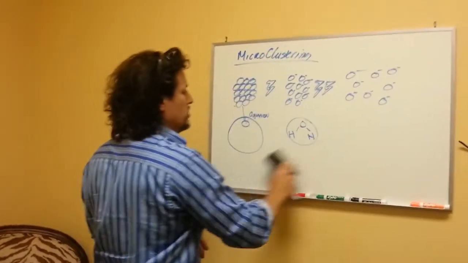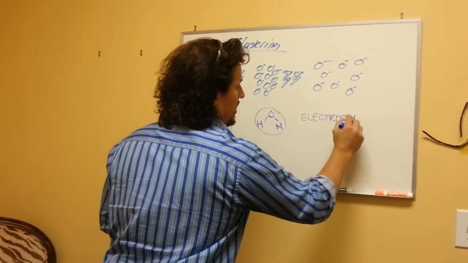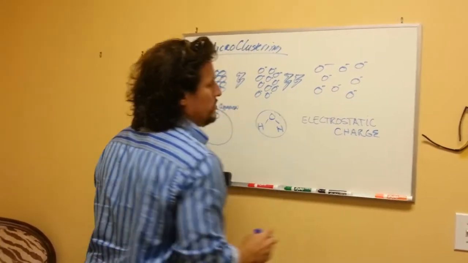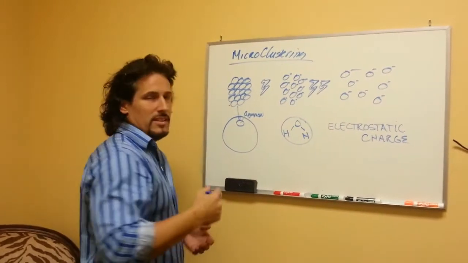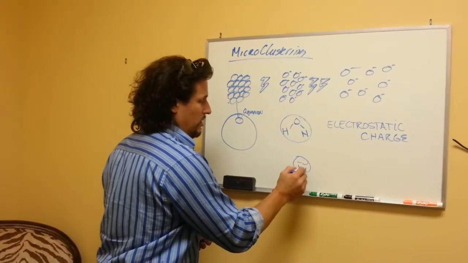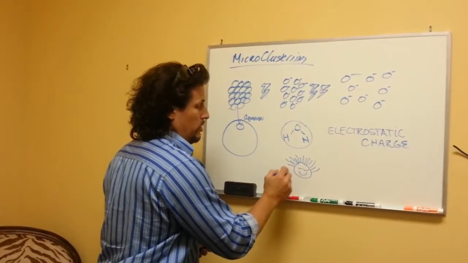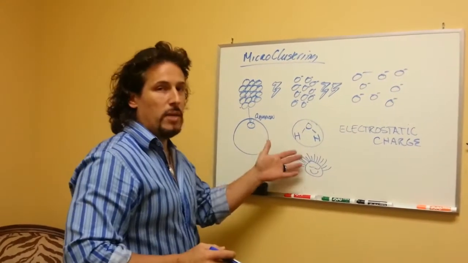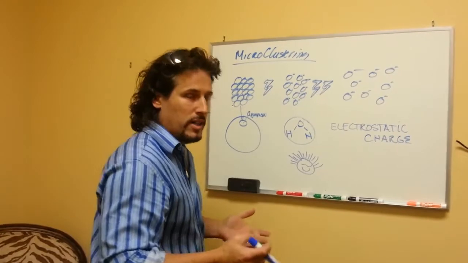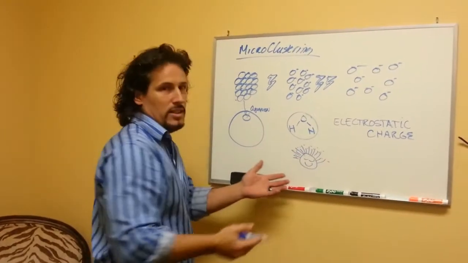Microclustering actually pertains more to what we would call the electrostatic charge on the water. The simplest example that makes sense is if you've ever seen a kid on a trampoline or playing with something, and there they are, they're all happy, but their hair is just all standing up on end, and each piece is spread out, separated away from the others. It's still chemically hair. We haven't changed the molecular structure of the hair. We haven't altered the human body anyway. There's simply an electrostatic charge that makes all the hair stand up.